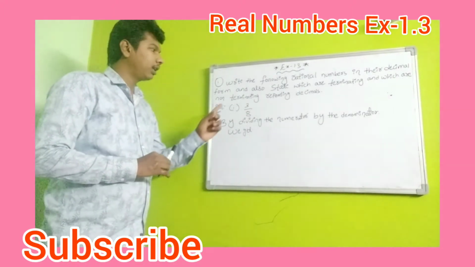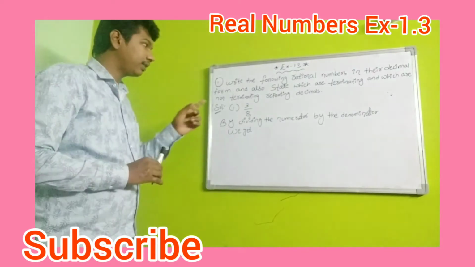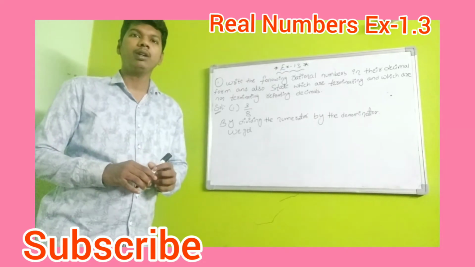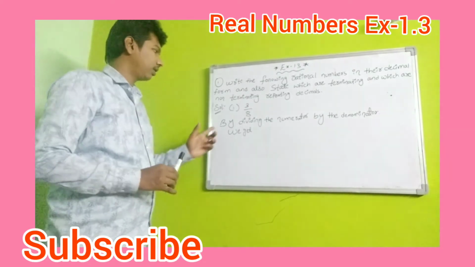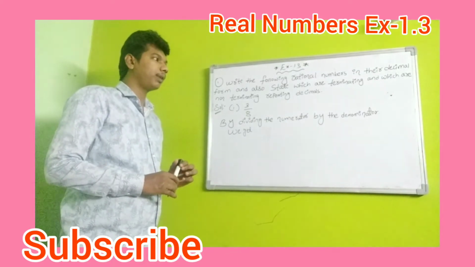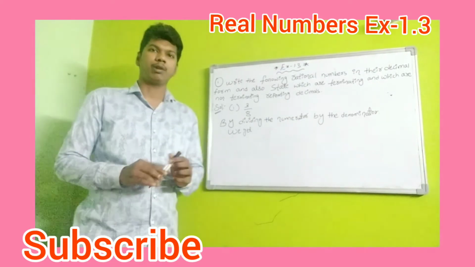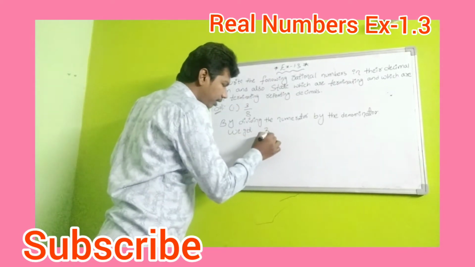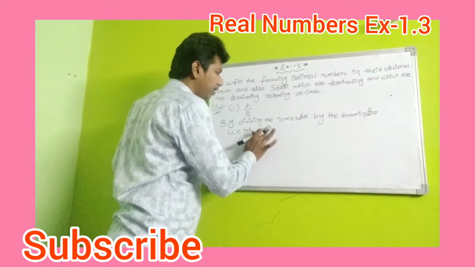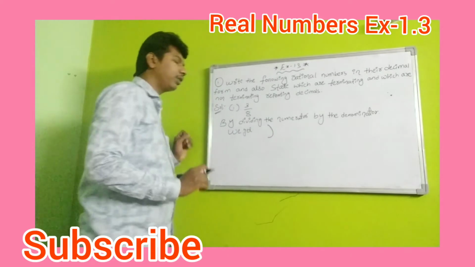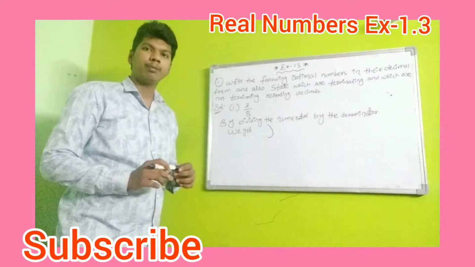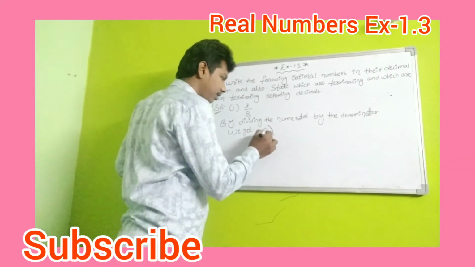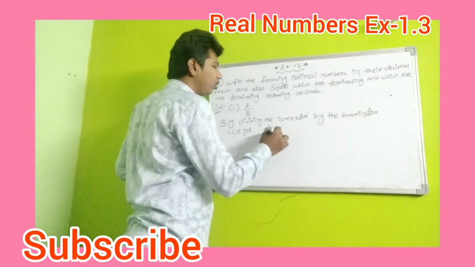Let's see the question number 1. 3 by 8. So this 3 by 8 is a rational number. Here the overall conclusion is that one rational number we have to convert into decimal form. How? By dividing the numerator by the denominator, we get a decimal form. 3 is the numerator and 8 is the denominator. A rational number is nothing but a numerator by denominator form. Always take the divisor as the denominator part and the numerator as the dividend part.